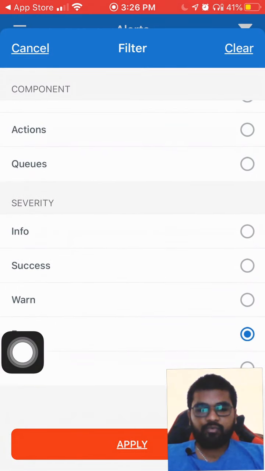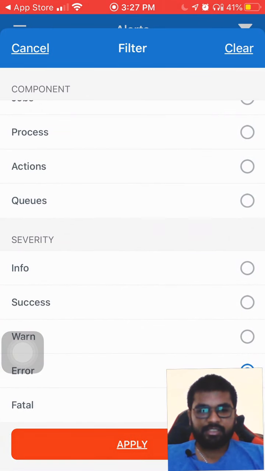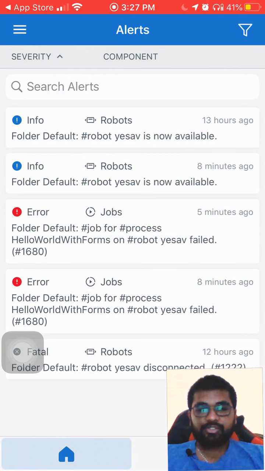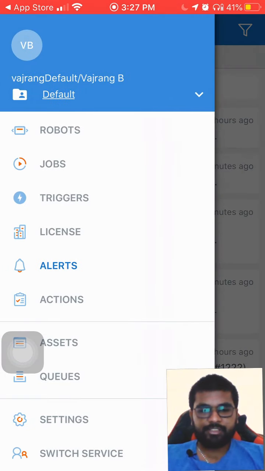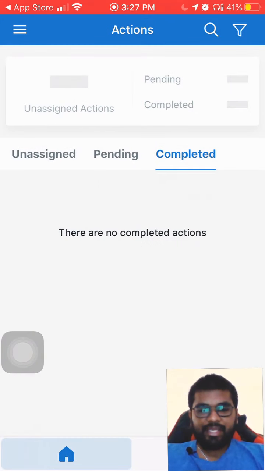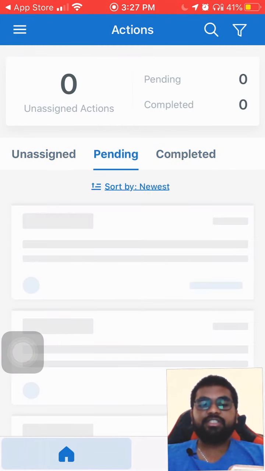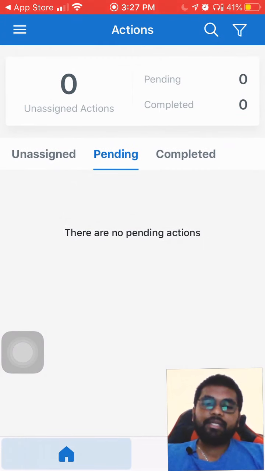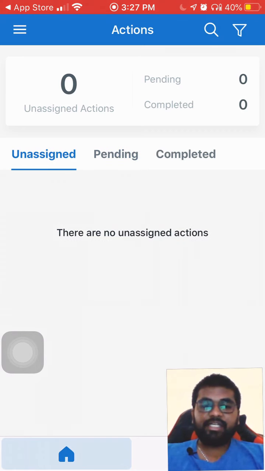So let's go with info and let's see if this changes. Okay, this changes. So here, if I want to add some filter, I can go ahead and update the filter so I can see more items on that. And again, in the actions, if there are any actions that are assigned to me, this again is a specific separate topic where we need to just add it and show, not possible to just explain like this.